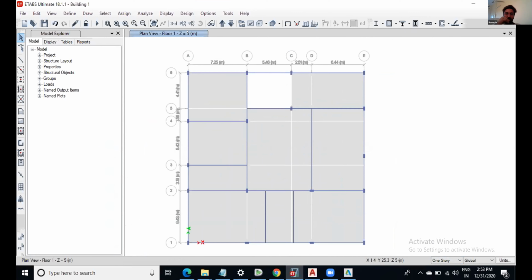If you select all stories, the top floor also will be selected, so you have to first eliminate the top floor. Go to the 3D view option.